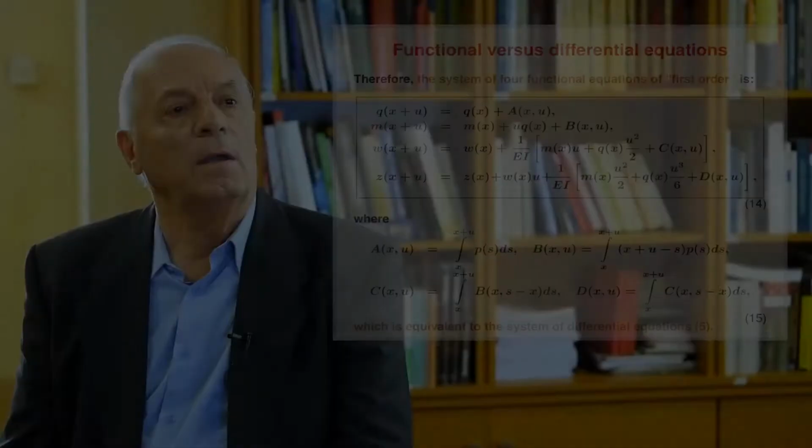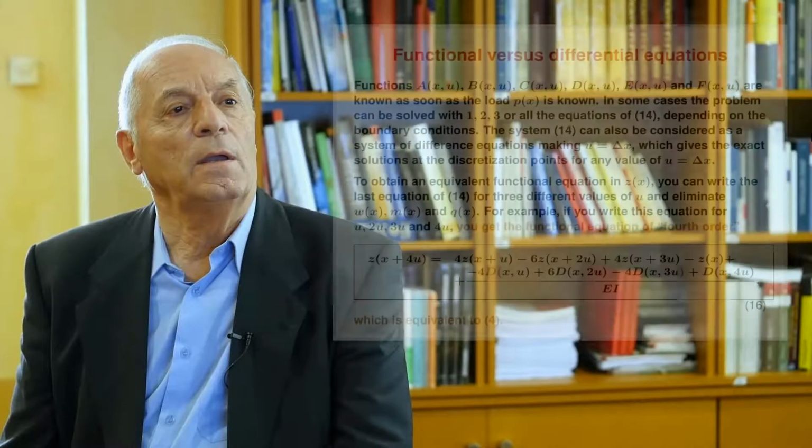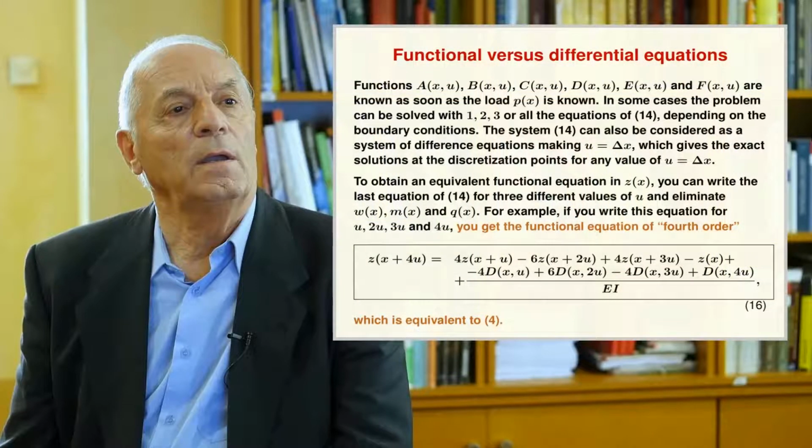slide. Therefore, we finally obtain the system of 4 functional equations of first order in 14, where the a, b, c, and d functions are those in 15. The system of equations in 14, though it is not exactly the same, can be considered as equivalent to the system of equations 15. Functions a, b, c, d, and f are known as soon as the load p is known. In some cases, the problem can be solved with 1, 2, 3, or all the equations of 14, depending